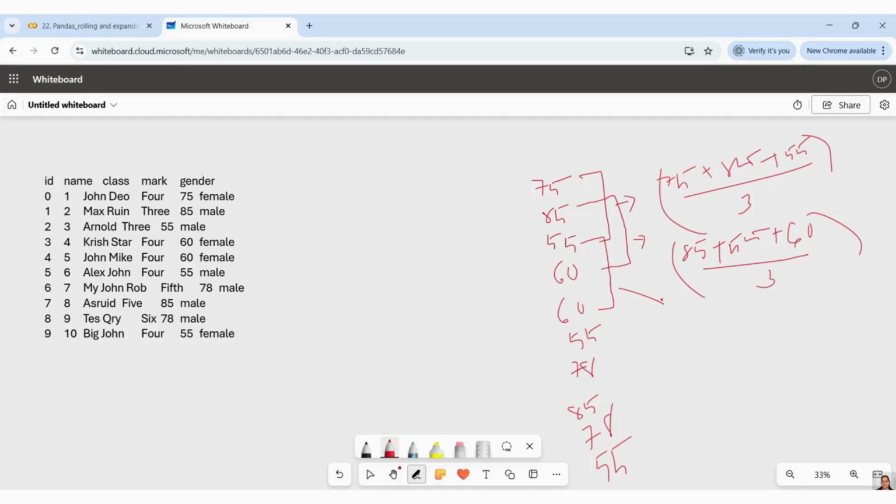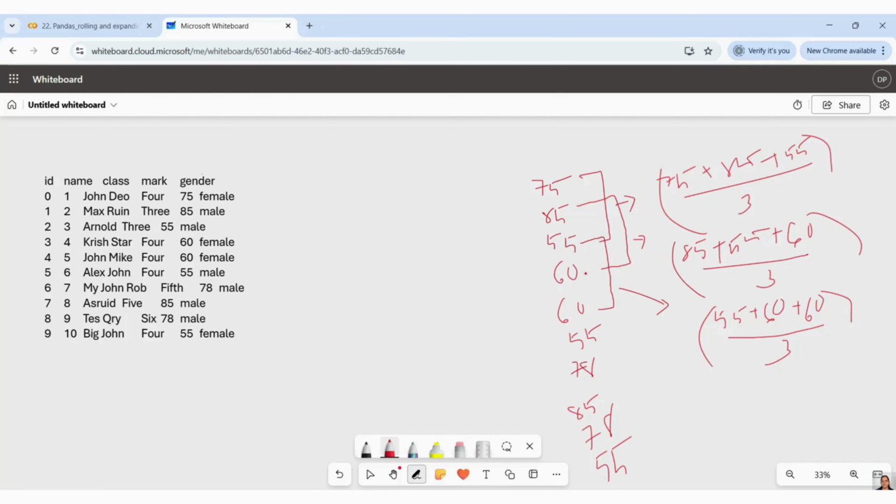So my output will be 55 plus 60 plus 60 divided by. So like this, it will give you the output.